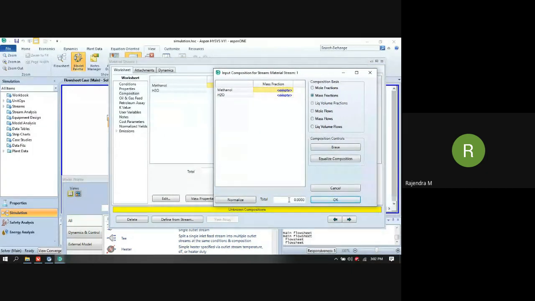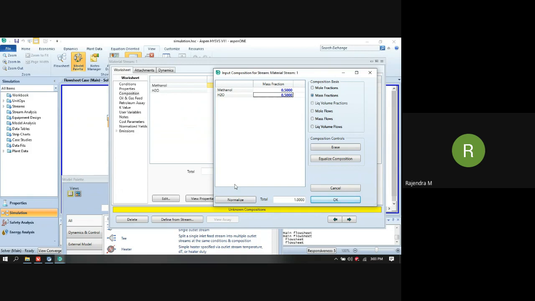Currently it is empty. At the bottom you can see there is a 0.00. As you add, it will show you the summation of all the data. The summation of mass fractions should be 1. In some cases, there is a Normalize tab over here. In some cases, you have a very large number of components. When you have a hydrocarbon gas mixture, there will be methane, ethane, propane, water, carbon dioxide, nitrogen, and so on.